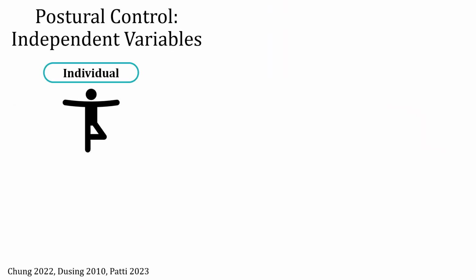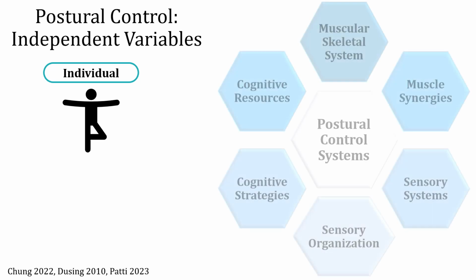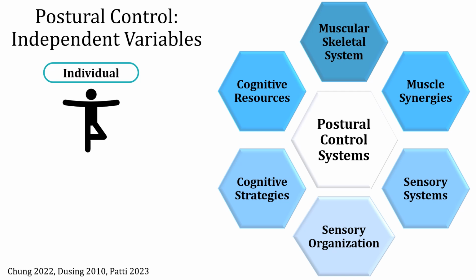So within the individual, as I alluded to in the previous slide, we have the motor, the sensory, as well as the cognitive aspects that play into one's postural sway performance. But the reality of the situation is postural sway is a conglomerate of a complex internal system, and not only from the neuromuscular and the motor, but again from the central nervous system as well as the periphery. If we try and quantify each of the components that play into that, we can see that on the whole, there's really six major categories: the musculoskeletal system, muscle synergies, sensory system, sensory organization, cognitive strategies, and cognitive